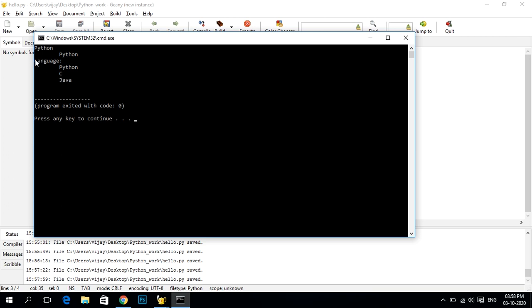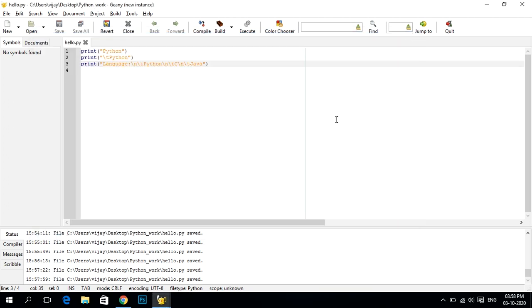So for language, we have the one tab space we are giving in the new line, so it is Python, C and Java. In the previous one, what happened there? Python, C and Java were all on the left side. But now we have given the \t, so the one tab option will come here. Okay, so this is the format we are doing, white space. And now let's do the apostrophe.